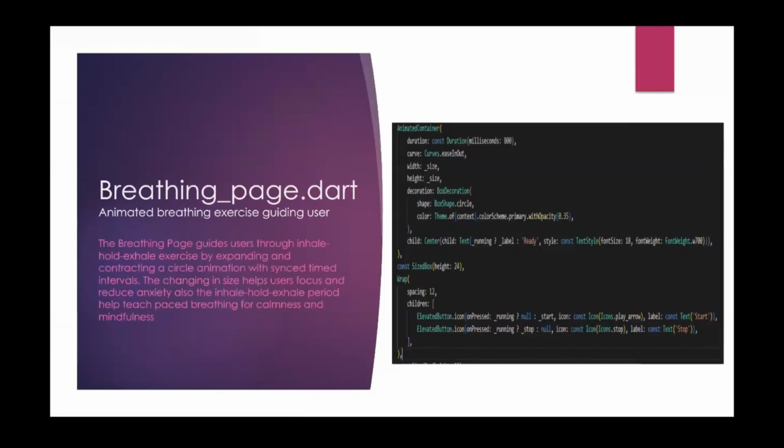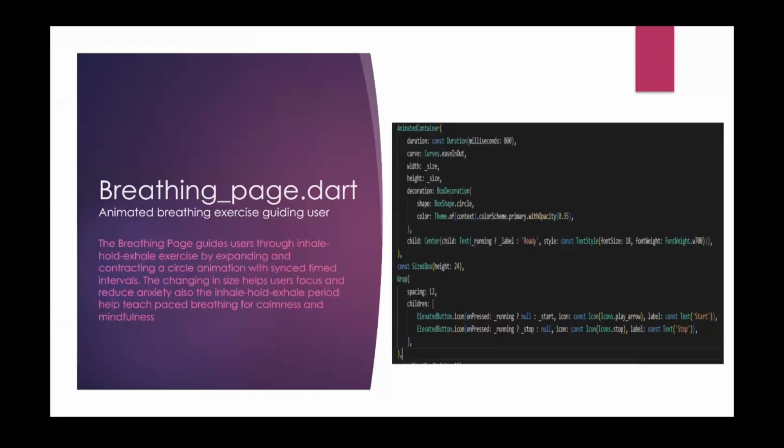So next is our breathing page, and the breathing page is just one of the pages for our app. And we kind of designed each page as a different app, didn't we, Jay? Yes, we did. So the breathing page guides the user through an inhale, hold, exhale exercise. It follows that kind of breathing app you see on most things, and it makes it very accessible because it's very simple and easy to follow, and that's what we wanted. We wanted it straightforward for all users, so any person can use it no matter where they are in their